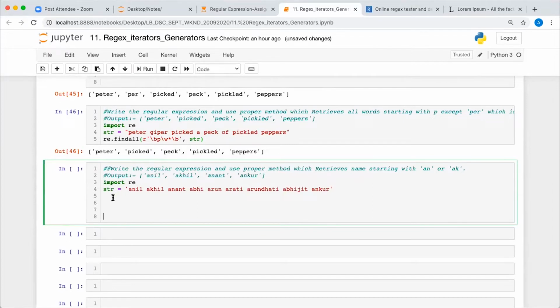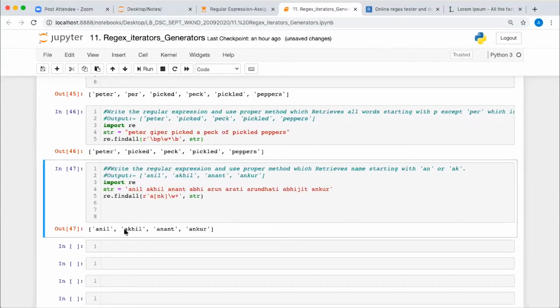What should I write here? re dot find all, regular expression starting with small a, then in square brackets n, k, correct? Then backslash W and plus, one or more repetitions, right? Anil, Akhil, Anant, and Ankur. Clear?